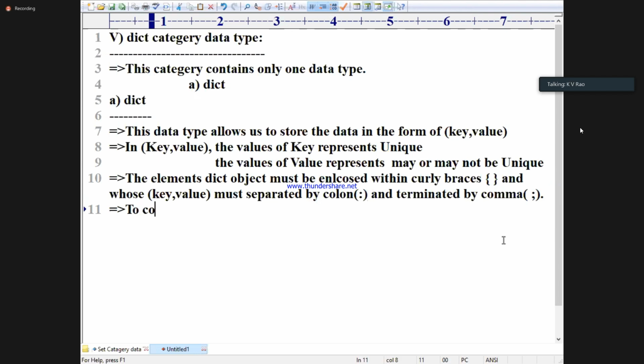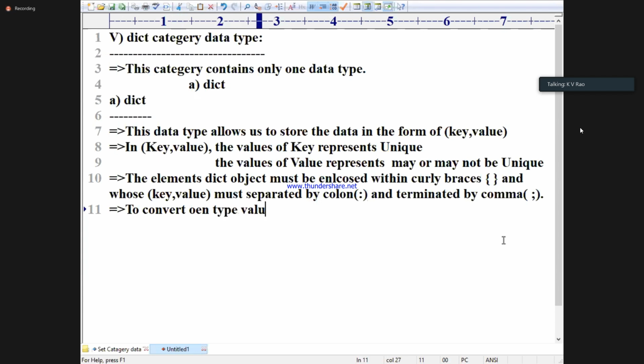Now, to convert, and this is an important point, you will get a doubt also. Sir, we will convert one type of value to another type of value, and you will get another doubt. What is the doubt? Sir, we cannot convert tuple into list or list into tuple, but I will tell you one technique. There is a special case method. So actually this point is important. To convert, I will tell you that.